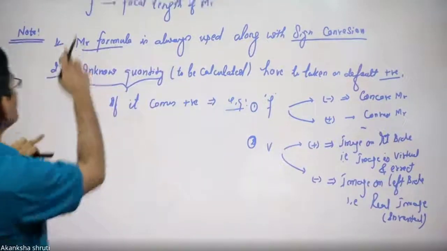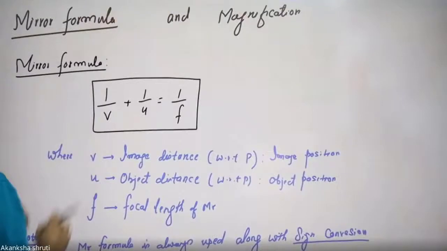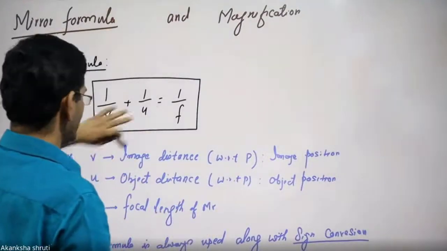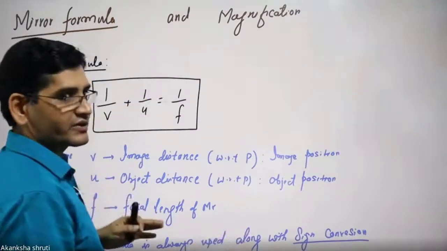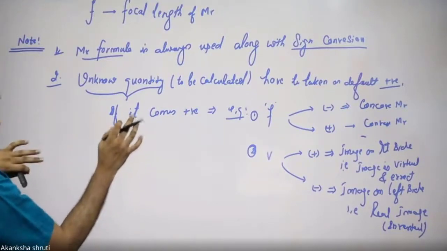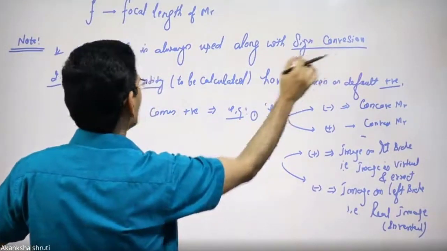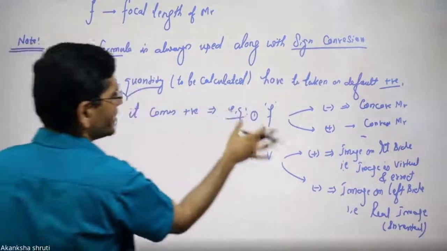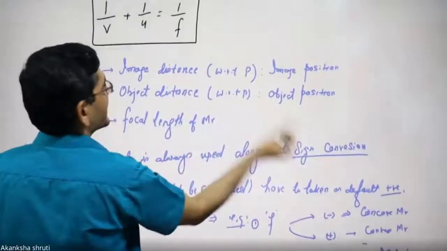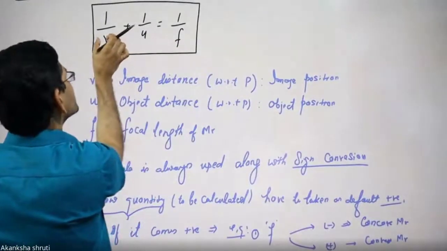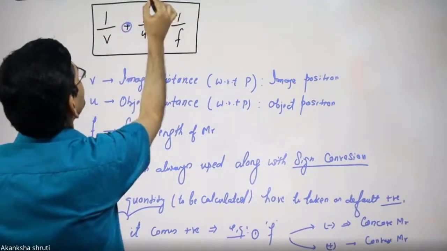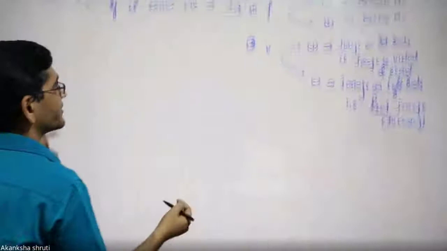So these two are the important things for applying the mirror formula. Student, derivation is not required at your level, though it is easy, but it will not be asked, so not required. These two things are very important. Student, the sign convention must be applied with the numerical value of a known quantity. While substituting, say negative or positive, you have to substitute with the negative or positive sign, and whatever the sign of the formula is, that you need to maintain. How is that? We will see with a numerical.